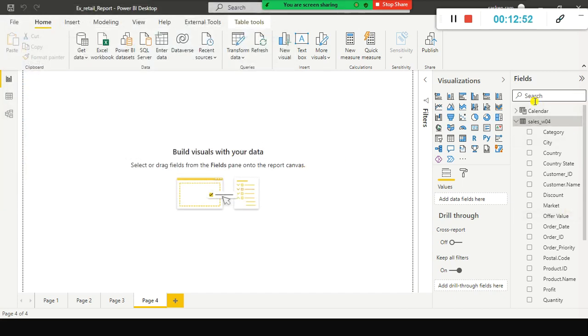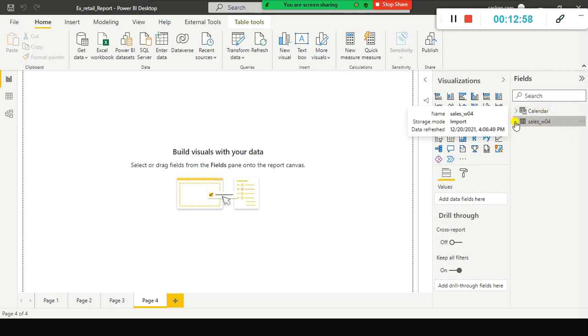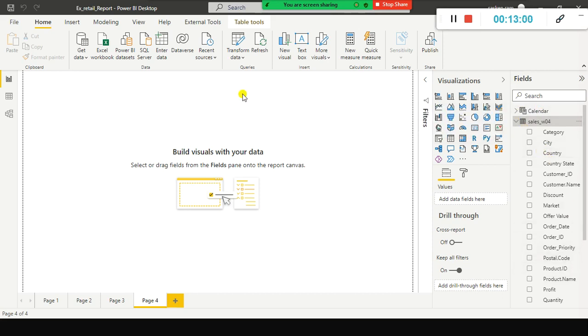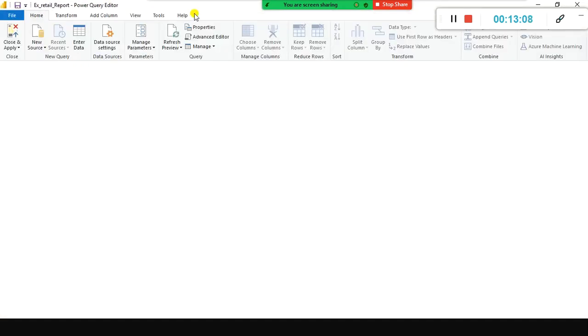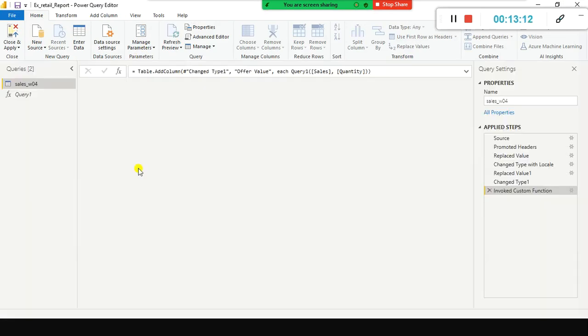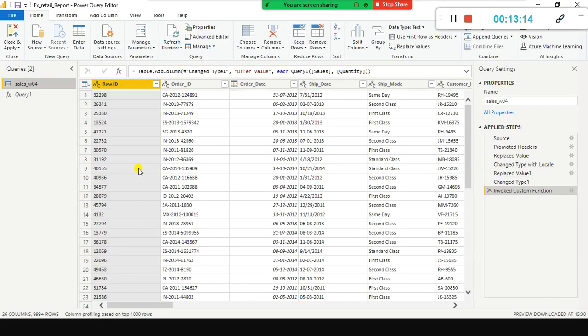And then you can find that table name on the right side here, okay? The fields pane. In the fields pane, when you expand this one, you will see all these things, okay? Now we will work on the transform data. This is my Power Query editor. As I told you, yes, data is available. How good is the data? Do we need to do any data cleaning or data pre-processing? That is when we will have to use the Power Query editor.